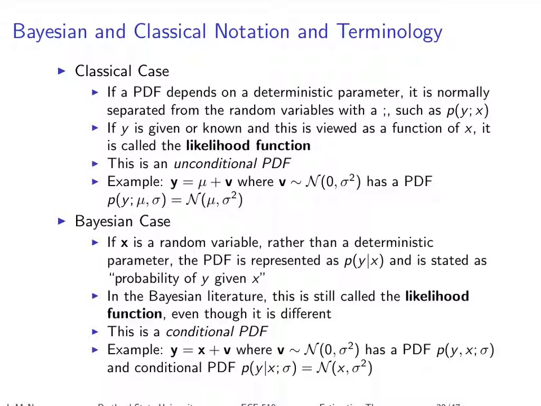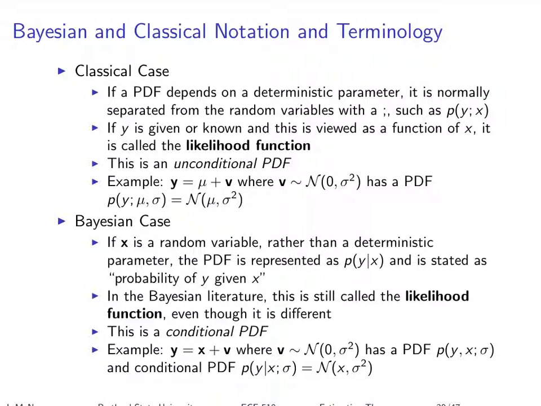Eric? Sorry, I guess I don't understand what we gain from changing notation from just saying y distributed as whatever, probability of y, to the semicolon notation. You don't understand what we gain in going from... Like the last line of the classical case, I understand the notation in that. That's sort of the notation that we always use to describe conditional probability. Yeah. But the difference is that in the classical case, because you assume that it's not a random variable, it's constant, you don't get any extra information. But if I know one specific thing is, and I also know what its PDF is, I get more information. Because now I can say, not only do I know what x is, but since I know what its PDF is, I can use Bayes' theorem to get a more reduced PDF. Okay. Thank you. That was perfect. Yeah, that's exactly right.